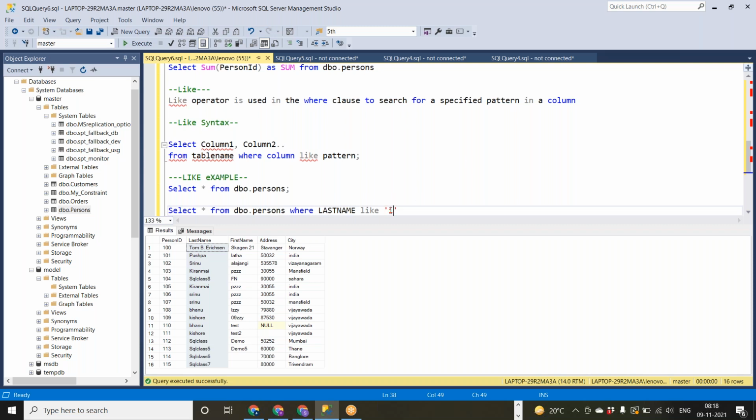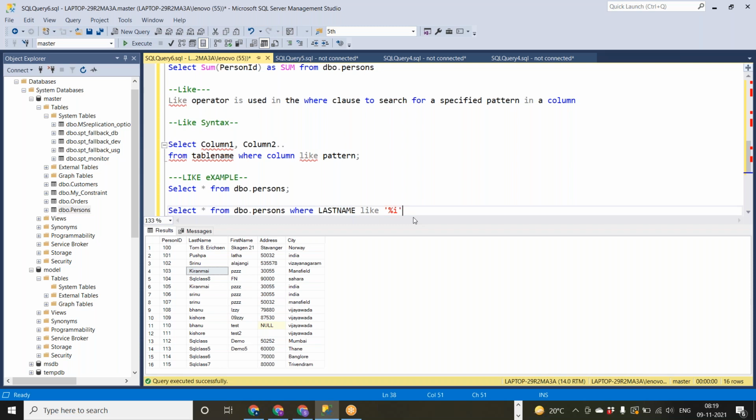Suppose you want to get Kiranmay, I'm telling SQL that this I is the ending letter. Before I, there may be some letters or characters, so I will specify that using this percentile.